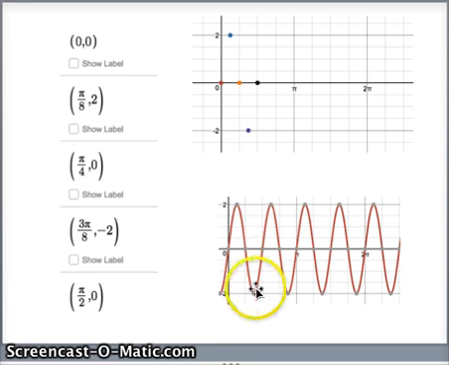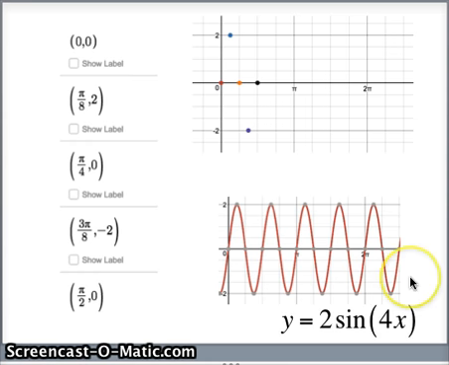If we count them, 1, 2, 3, 4 cycles between 0 and 2 pi. But it was sine 4x, so that shouldn't surprise us. But that's not our final graph. We wanted cosecant 4x. So we've got to play our game where we draw in all of our asymptotes to see how that's going